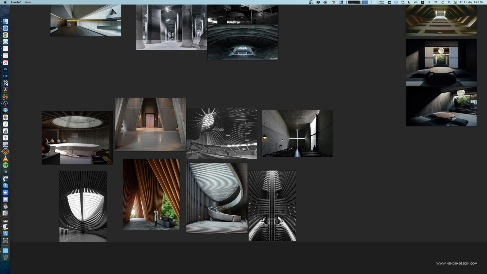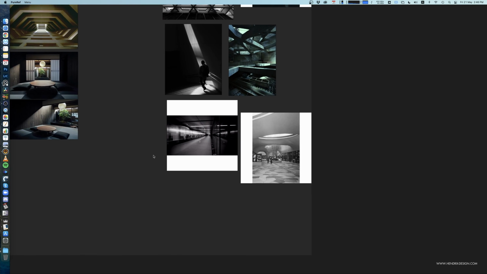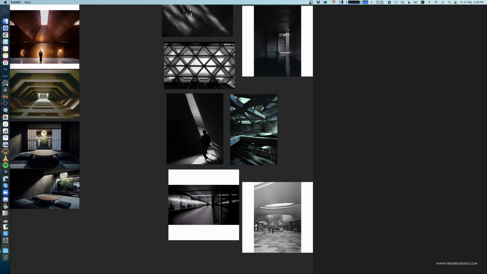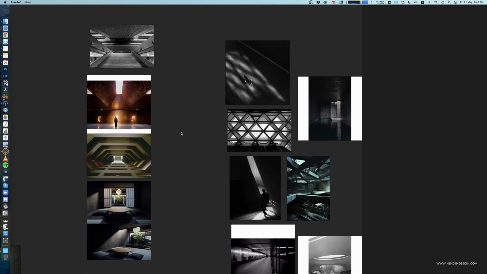So we have, for example, something like this here, which gives us these patterns on the ground, which is not bad. I like this idea, this like bunker type feeling. Maybe if we can, and this is pretty interesting how it has this structure on the ceiling and then the light filters through. I want to create these kind of opportunities for the light to highlight certain areas,